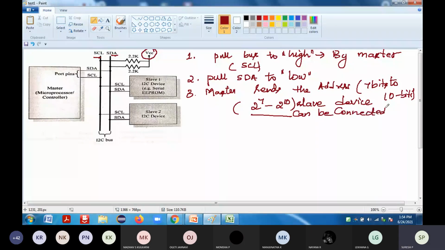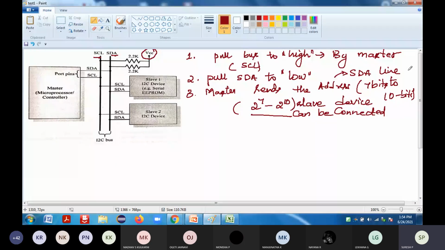Now the master device sends the address of the slave device with which it wants to communicate over the SDA line. The address will be sent through the SDA line. That is where I have to send the data. So now, after establishing the